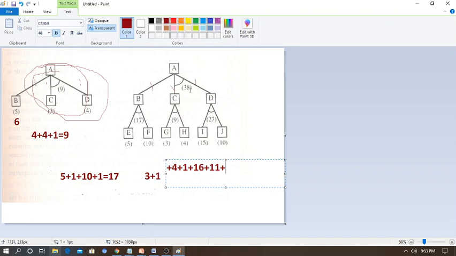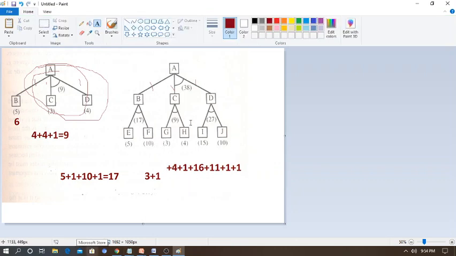At last here you have one more. What is that? A to D is 1 and A to C is 10. So you can add those values also, plus 1 and plus 1. Now you add: 4 plus 4 is 8, plus 1 is 9, plus 16 is 25, 36, plus 1 is 37, plus 1 is 38. So simple and easy. So remember, if you want your goal node G or I, whichever it is, if you visit these successive nodes, you have to see this entire thing. That is A to C to G and A to C to H, followed by A to D and I, J and so on.